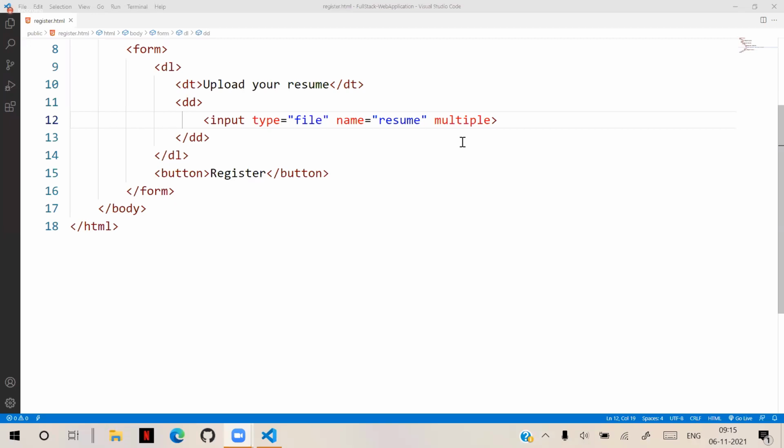So this multiple allows you to select more than one file, and already we discussed it clearly that